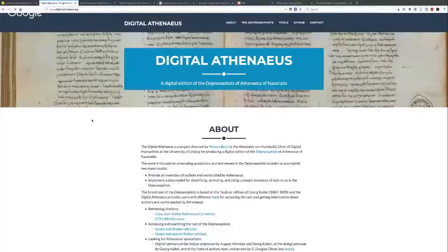Anyway, this is a specific project for annotating text reuses within a specific text, which is the Deipnosophists of Athenaeus of Naucratis. This Greek text is interesting because we have many quotations of other Greek texts, of other texts of the classical literature. And we have many named entities because Athenaeus quotes many other authors and also their works.